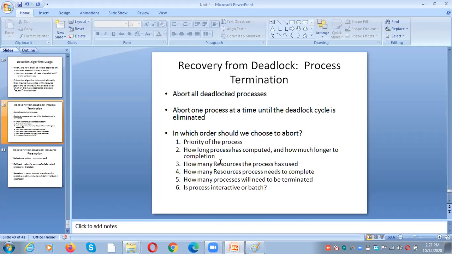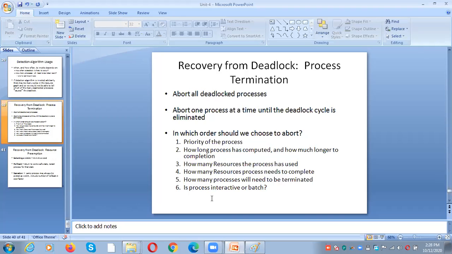If we abort such a process, what happens? Again, you need to start the process from the initial point, and again you need to assign all 5 resources to the process at a later time. So you should not remove such a process. You should not choose such a process, right? So whenever you want to choose a process,